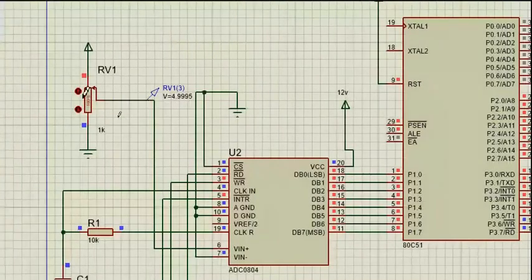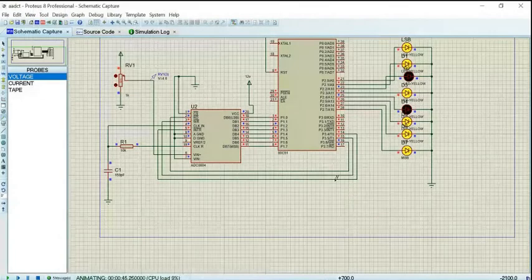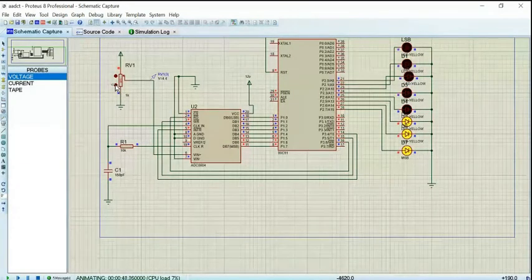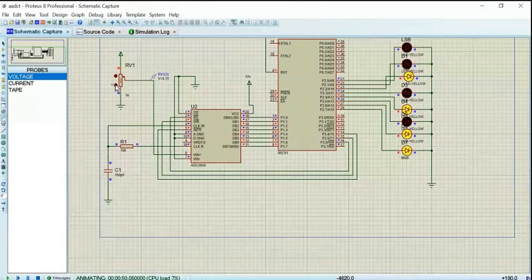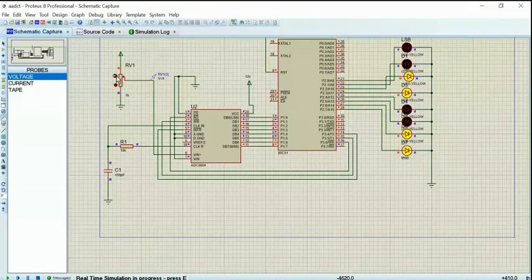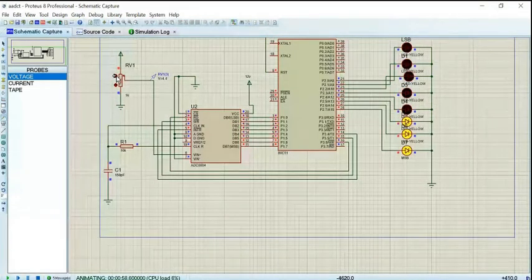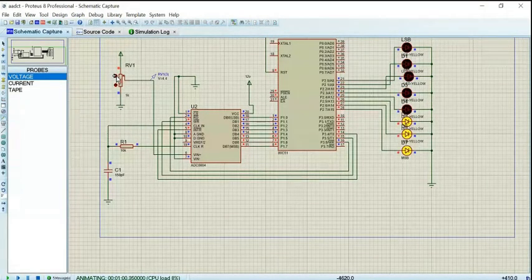For an intermediate value, you may vary your input voltage. See here, if you decrease your voltage, correspondingly the binary output also will change. If you increase your voltage, the output also will change. It is 8-bit resolution.